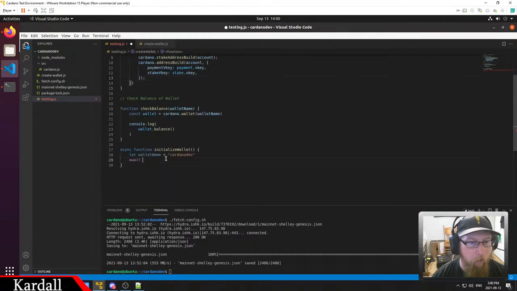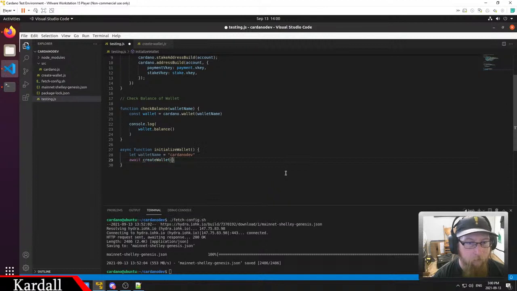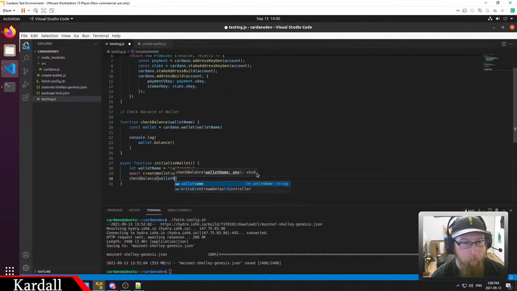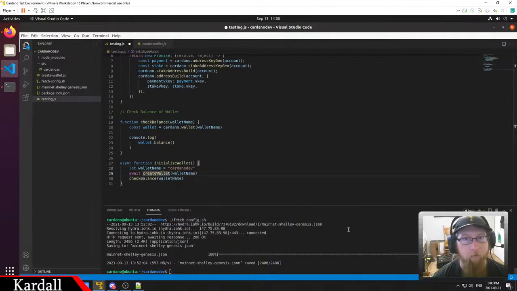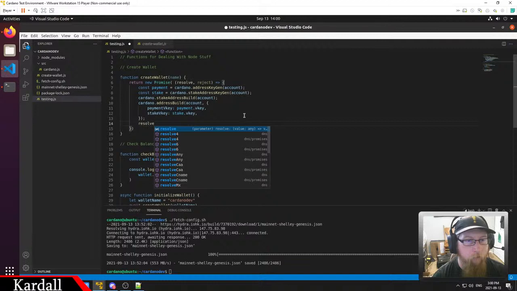So when we call create wallet name, it won't do the next step where we check balance wallet name. It won't fire this until this is done. So it's going to wait for this promise to resolve. So we're going to resolve